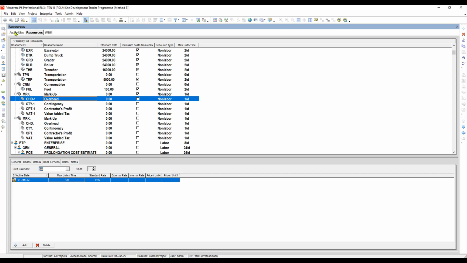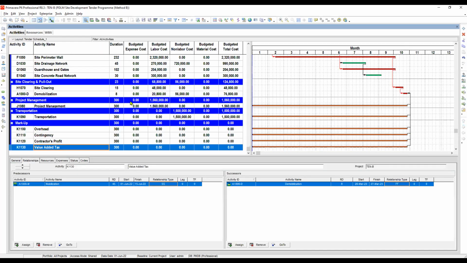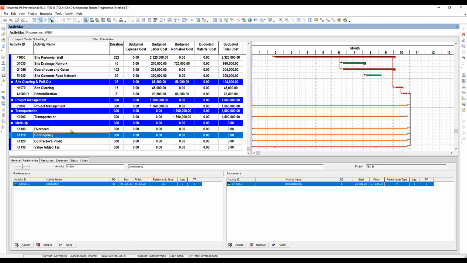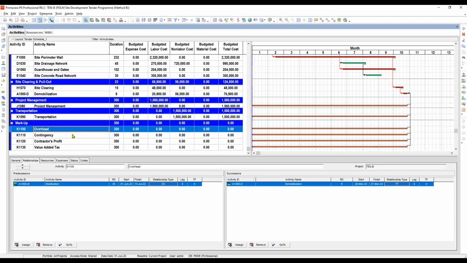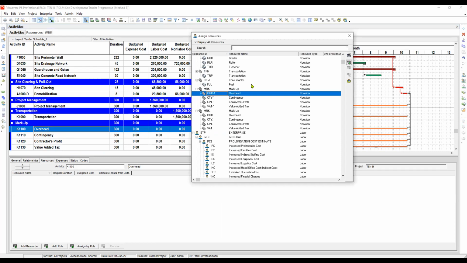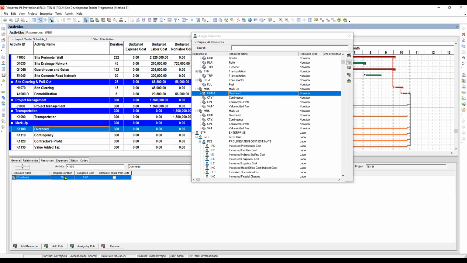Okay, we'll go to the activity window. I think we have already done this loading of resources into the activity. Just highlight it. Let's say overhead, highlight overhead, and then click this resource tab here at the bottom window. And then add resource. Of course, we will add the overhead, right? There we go. So the duration is 300, budgeted cost is 0 because we will calculate it later on